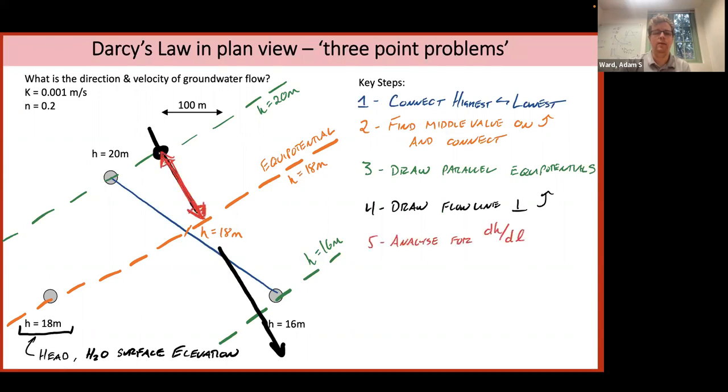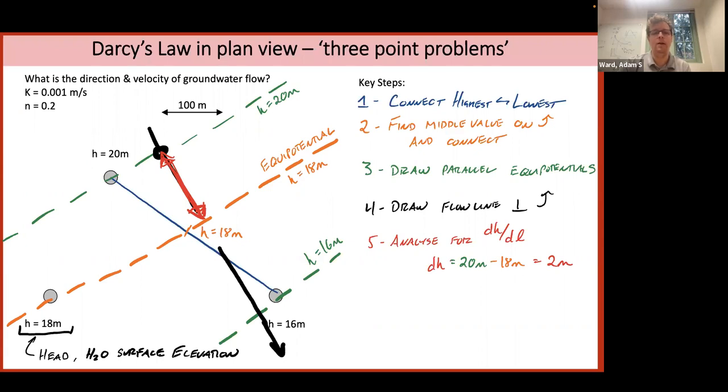Now, to get at the gradient, we're going to pick out a section of that line. It's convenient for you to do that between 2 of the equipotentials that you've drawn. So you can see I drew this red arrow between the 20 and 18 meter equipotentials. We can get the change in head along that line. In fact, it's quite straightforward. We know the top green line there is 20 and the orange line is 18. So along that red line, there would be 2 meters of head loss, I should say,